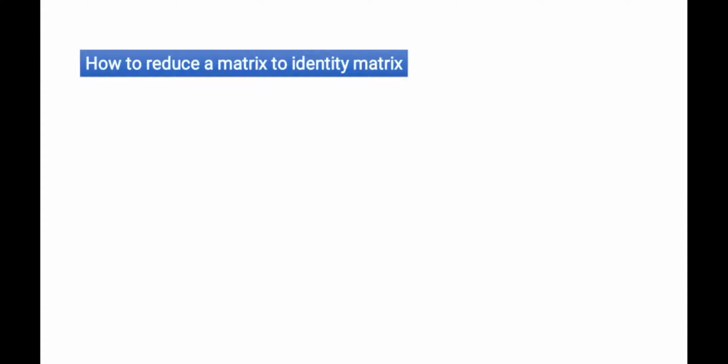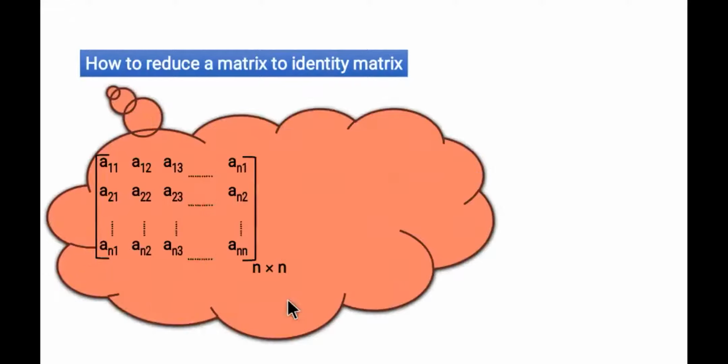Because when I said that you have to convert into an identity matrix, you know the position of the identity matrix, right? The diagonal elements are 1 and all other elements are 0 except the diagonal elements, right? So don't change any particular element randomly. There's a particular flow which you need to follow so that you get a proper identity matrix along with the inverse matrix. Okay, so let's see the steps.